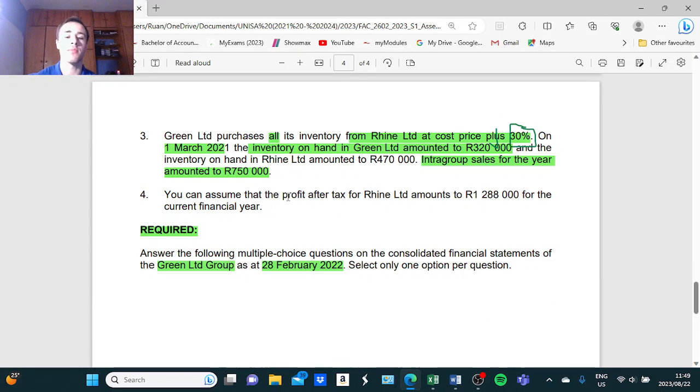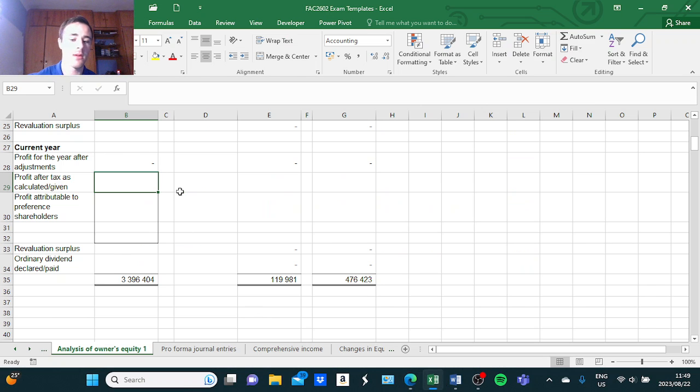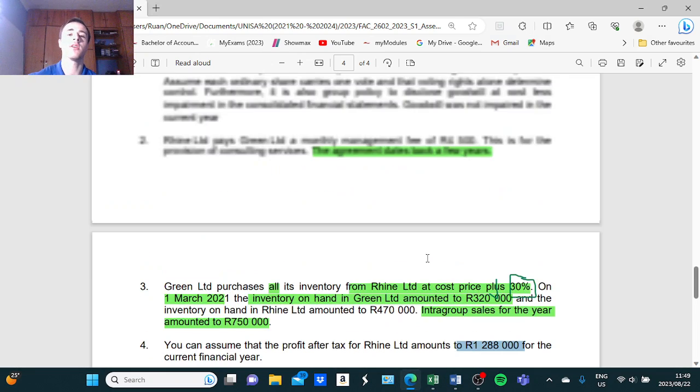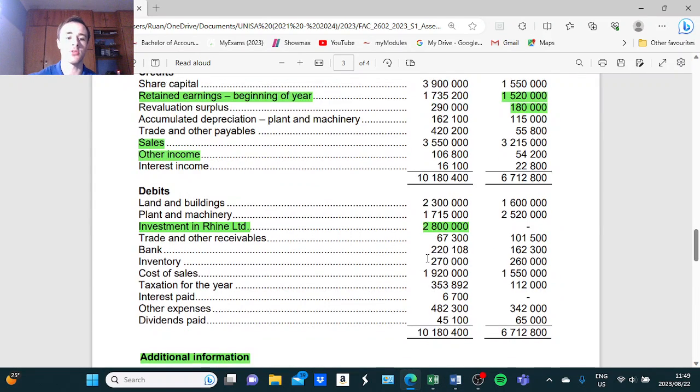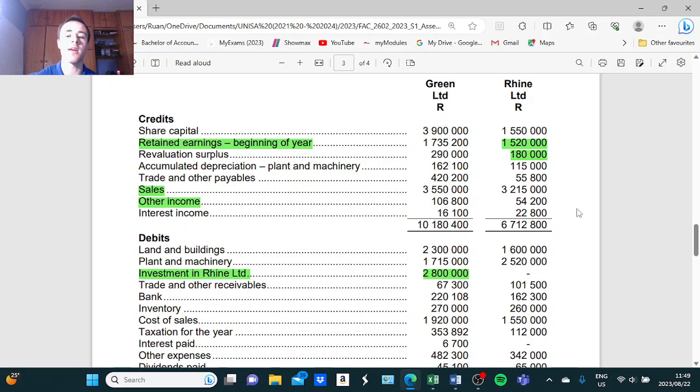You can assume that the profit after tax for Rhine Limited amounts to 1,288,000 for the current financial year. So that amount will be entered right here, 1,288,000. Please take note that you can calculate this amount as well by adding up all the income items for